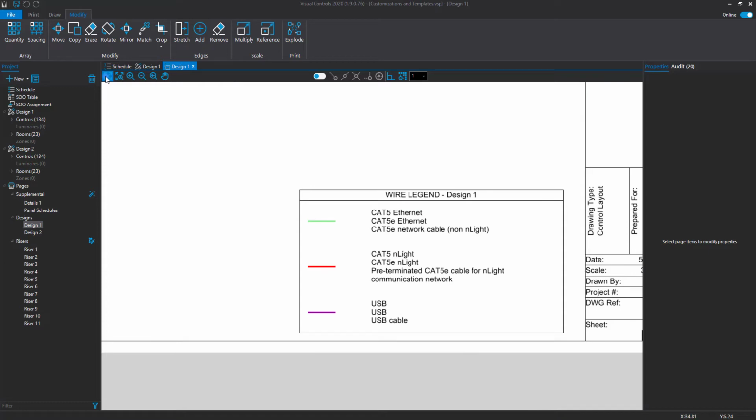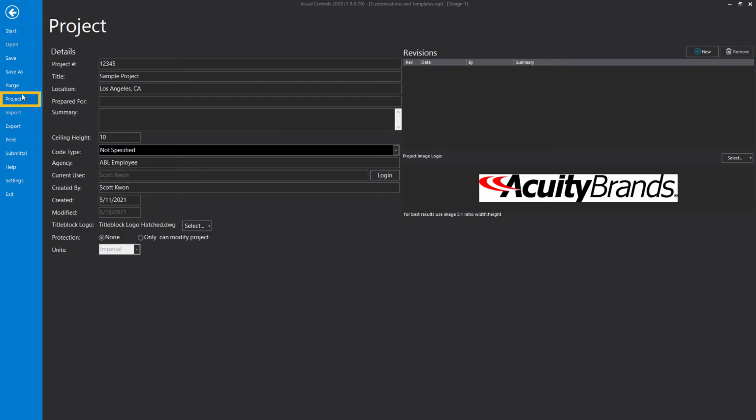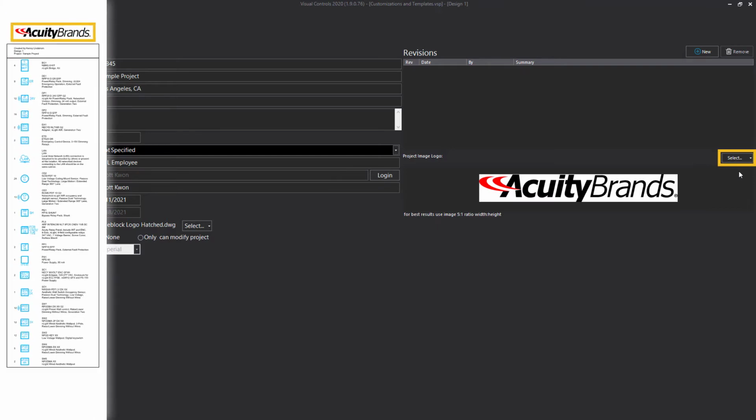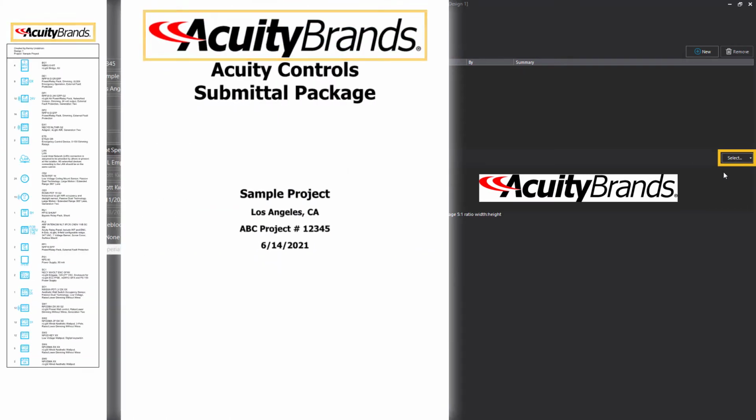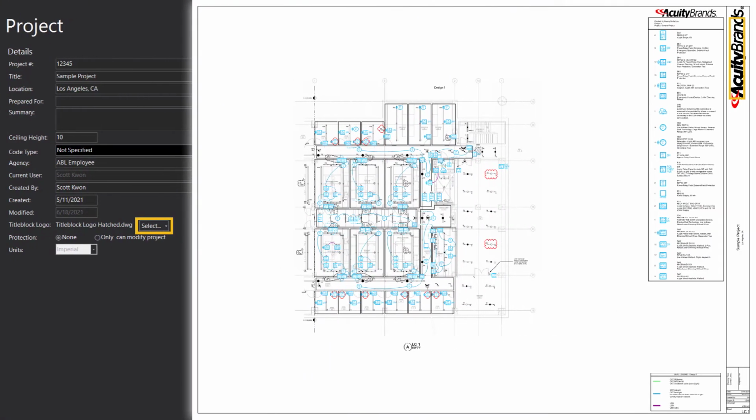To add a company logo to the documents exported out of Visual Controls, click on File, then Project. Click Select on the right side of Project Image Logo to choose an image file that will be used for the product legend and submittal package documents. And click Select on the right side of Title Block Logo and choose an AutoCAD image that will be used